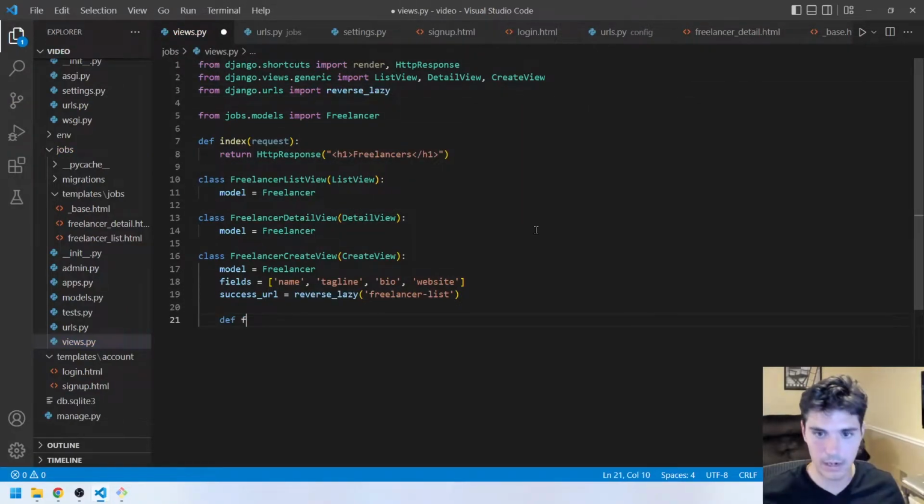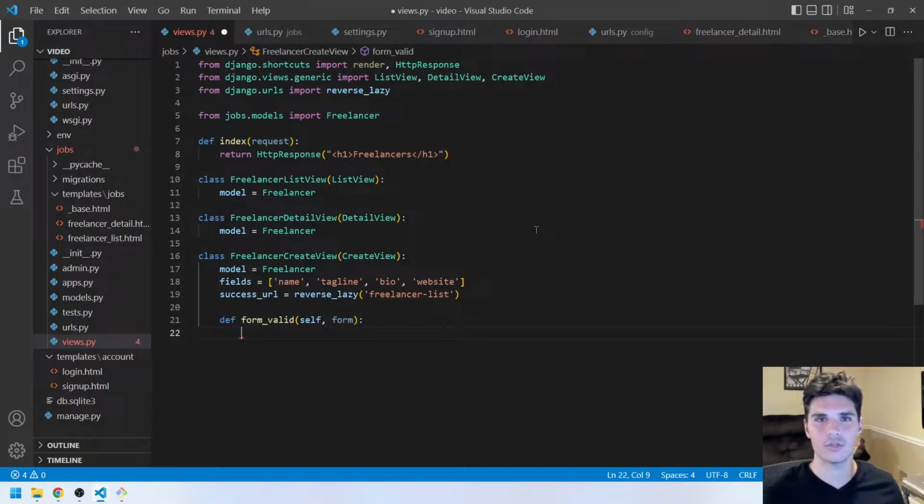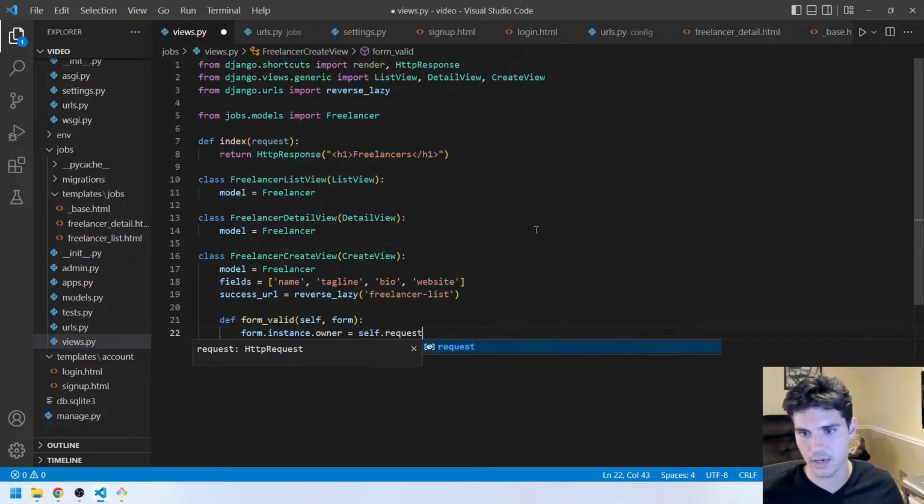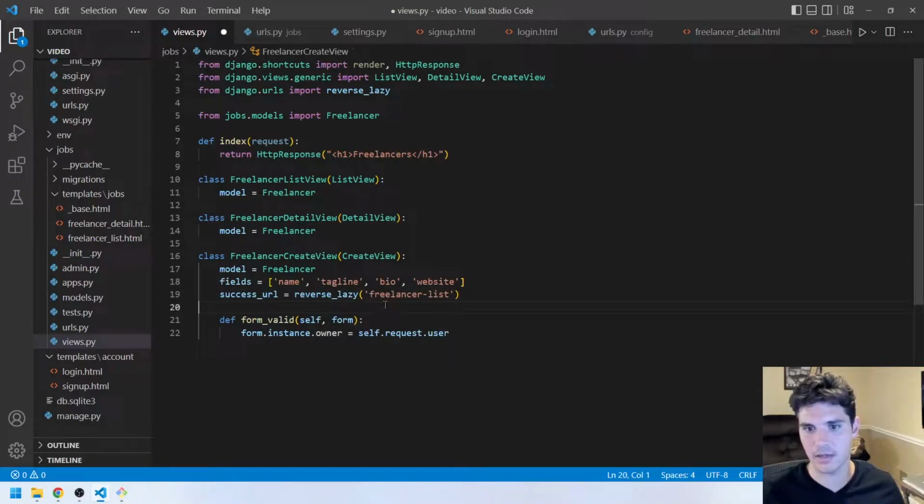And so we want to override form_valid. That takes the self and the form. And this is because we don't want the user to have to select who the user is for the freelancer. We just want it to be the logged in user. And so to do that, when the form is getting processed, we'll just add that property. We just say form.instance.owner. So this is the owner field, equals self.request.user. So we're saying the owner field on this form instance, set it to the self.request.user, so whoever's actually